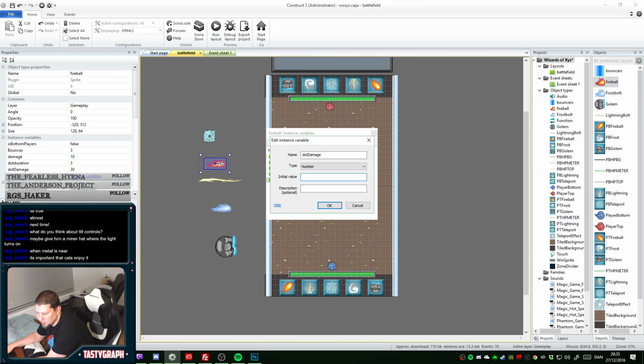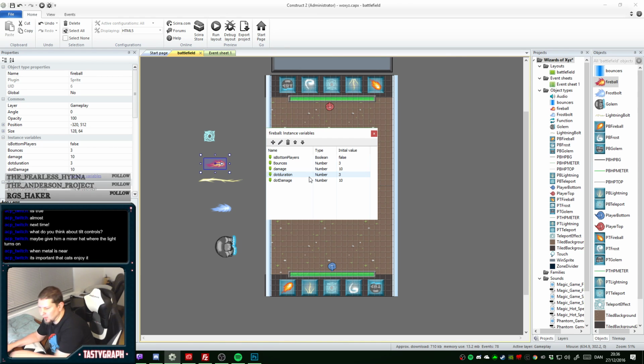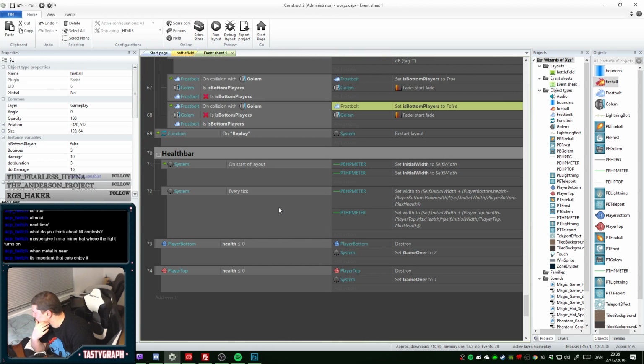How much damage should it do every tick? And let's say a tick is like half a second or something. Actually, let's just say 10, and then I can fix it later. So